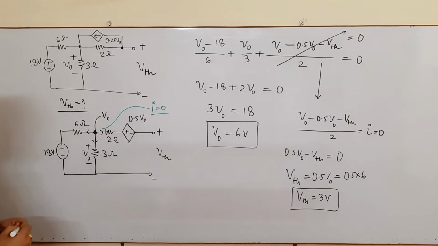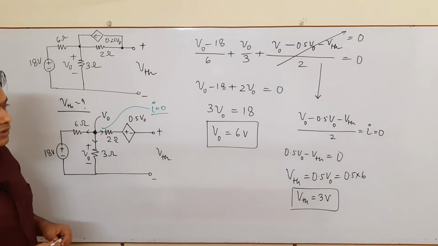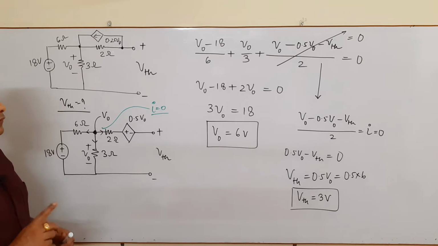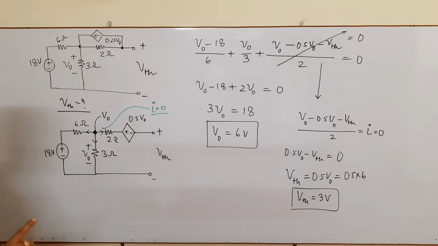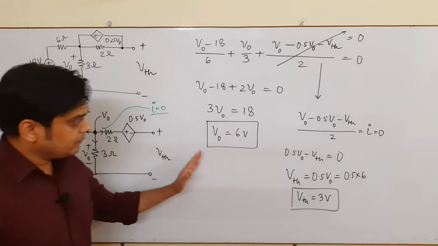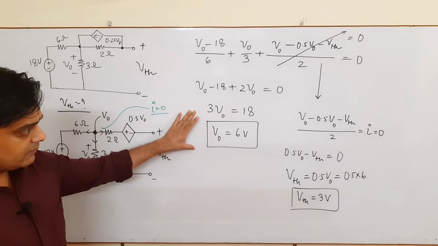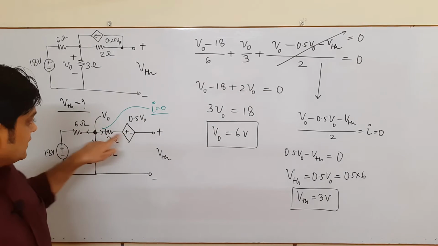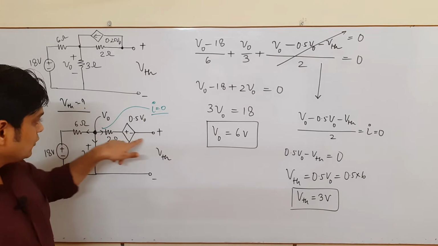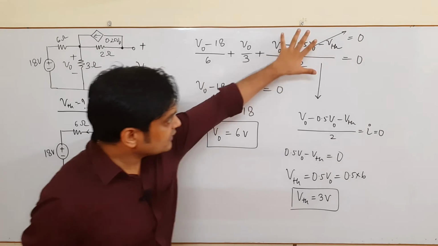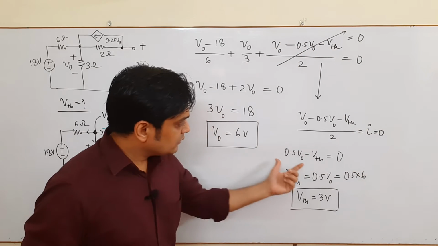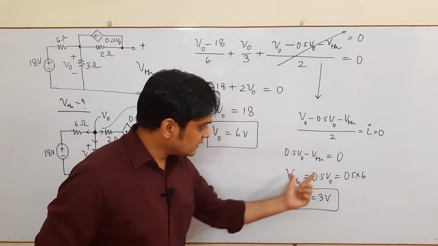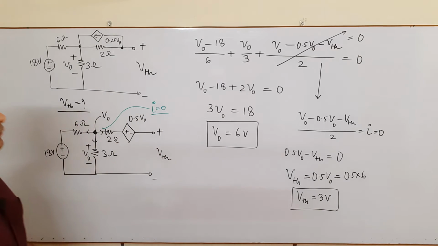Okay, so now you got the value of RN or RTH, then you have found the value of VTH. Now we find the value of our short circuit current. Okay, so just by repeating, please try to understand. Very simple concept we have applied here. Only the important thing is this was the current flowing in this branch, and since it is open, there is no current, you can say that this factor is equal to 0. Yes, so finally you can say this voltage is 0. From here you have found the value of VTH.